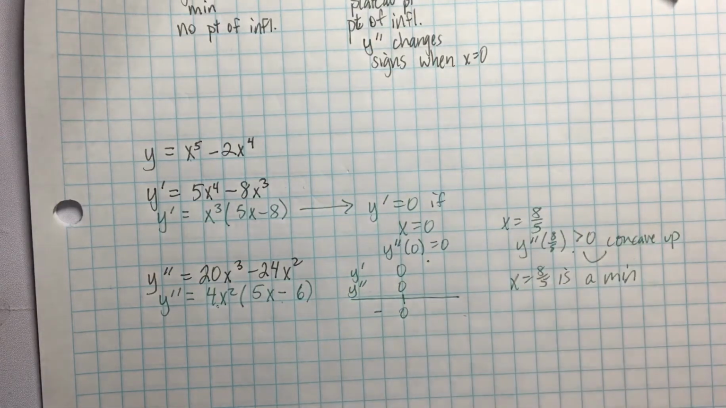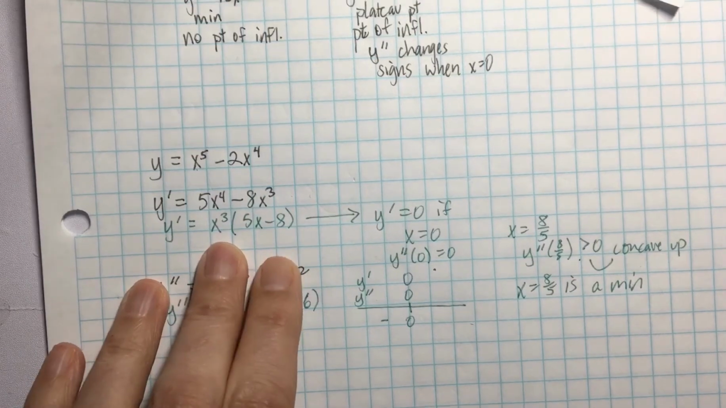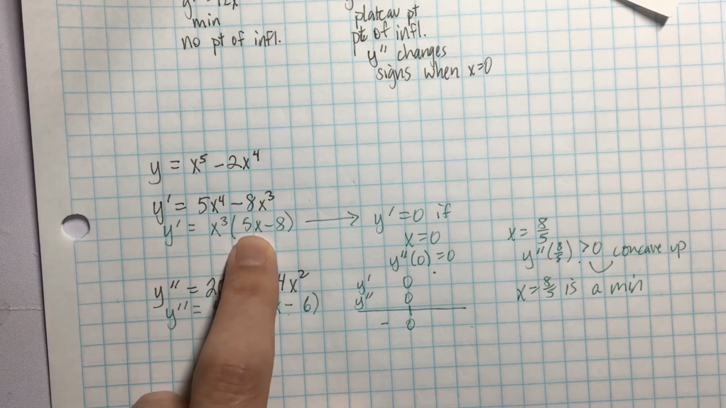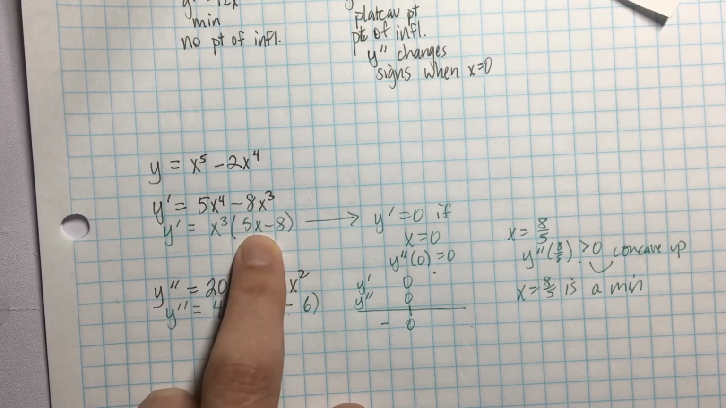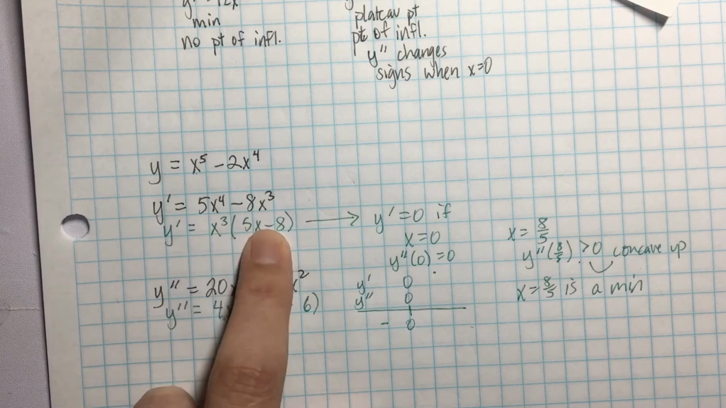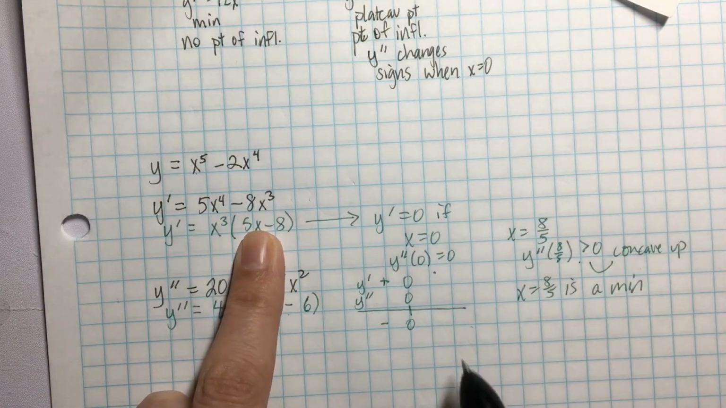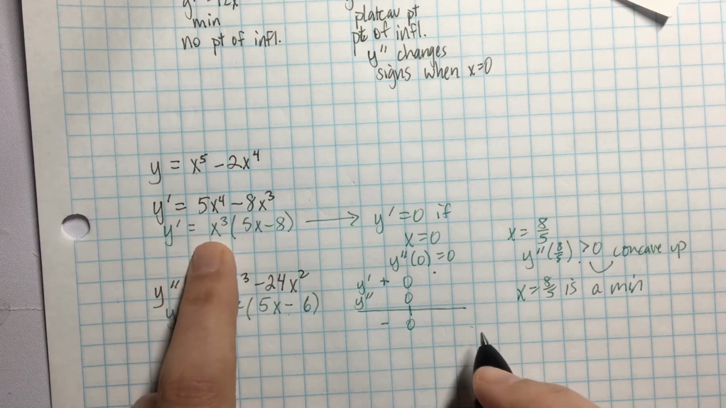If x is negative, if I plug negatives in here, I get a negative value when I cube it, and I get a negative value when I plug something negative in here. So I have a negative times a negative, so y prime is positive to the left of 0. When x is positive,